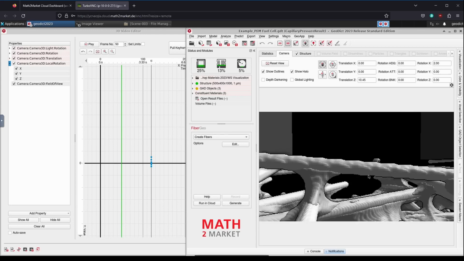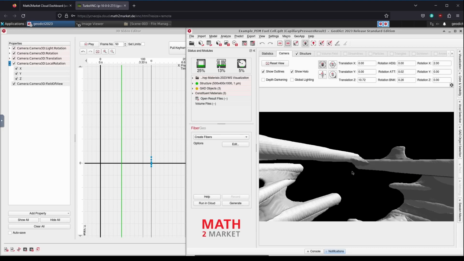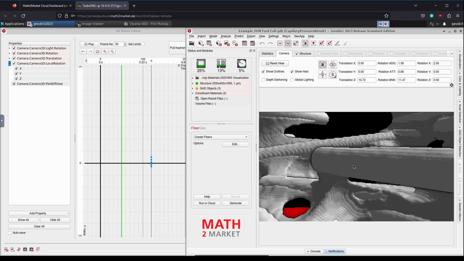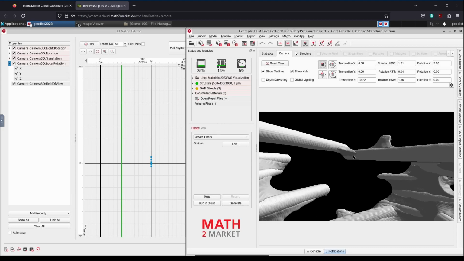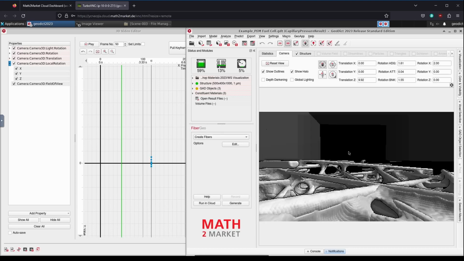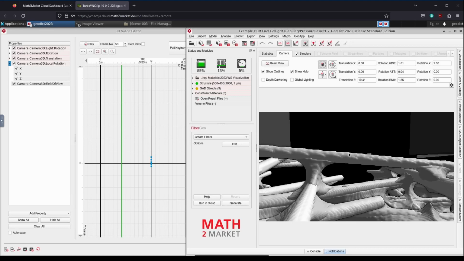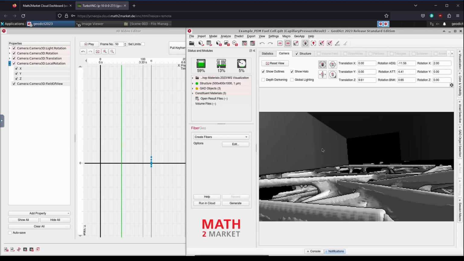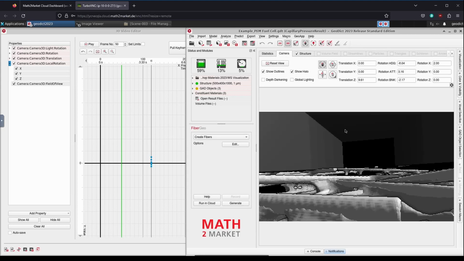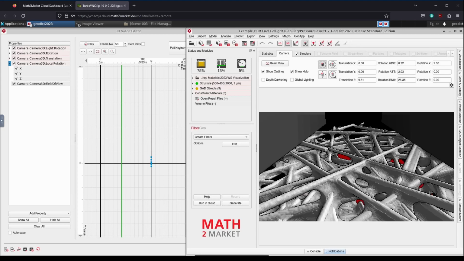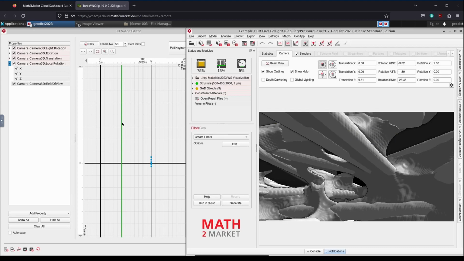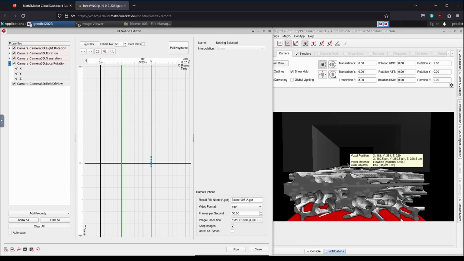However, in this case, we end up slightly inside the fibers. The reason for this is that even though we are talking about positioning the camera, we're actually not moving the camera but rotating the structure. That's why when we move the camera forward, we end up inside the structure. But don't worry, this isn't an unsolvable problem. It's just something to keep in mind when creating videos with Geodict.